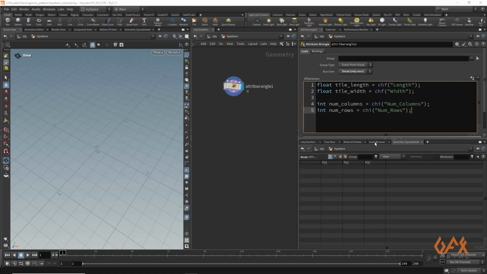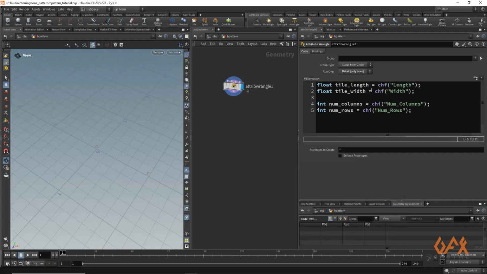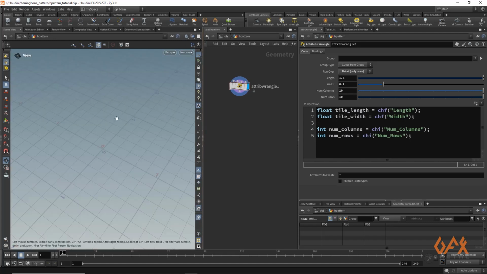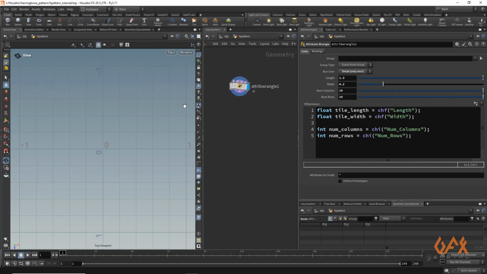Okay, and to execute this parameter, I just need to click onto this button. So now I will get this length, width, numbers of column and numbers of row. In this case, maybe I just put a value like 1.3, here 0.2, here maybe 10 by 10. Okay, so we just insert some information so that we can easily see what the impact is in your viewport. And it is preferable that right now I change my viewport to top view by pressing spacebar 2, so I will get a proper idea about that.